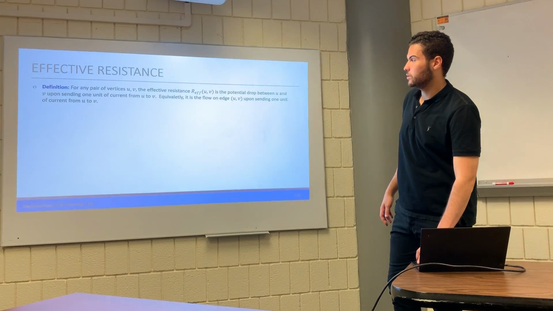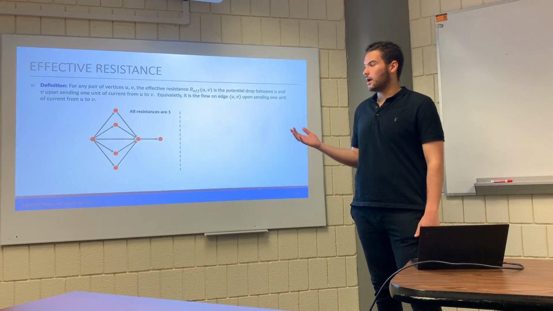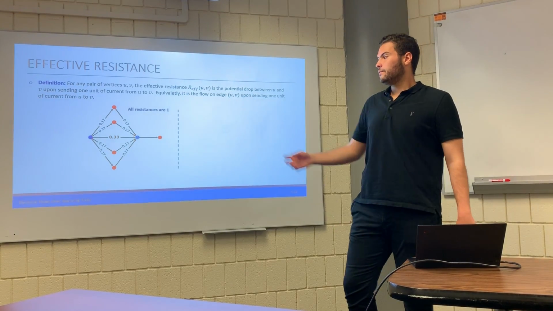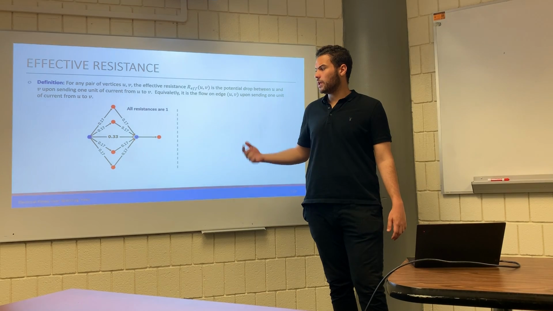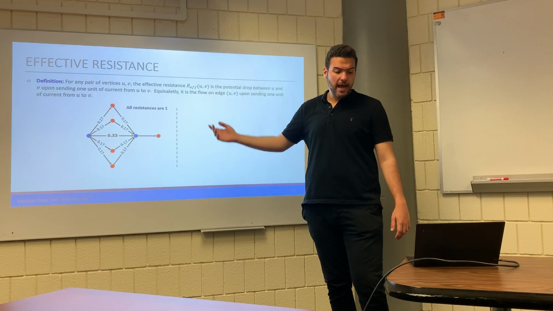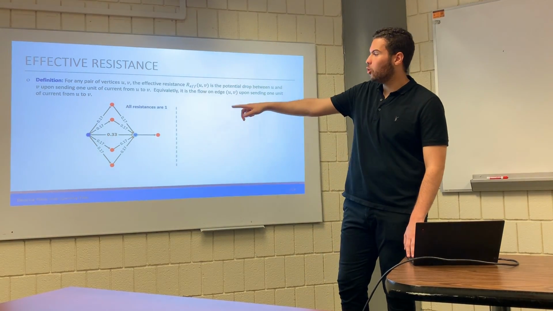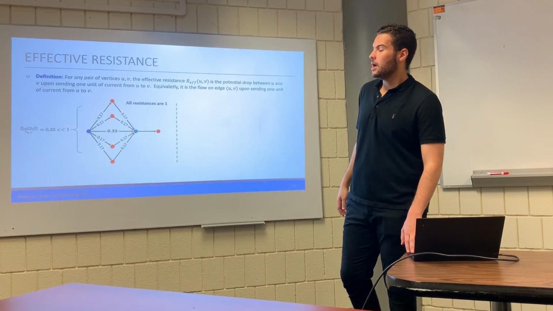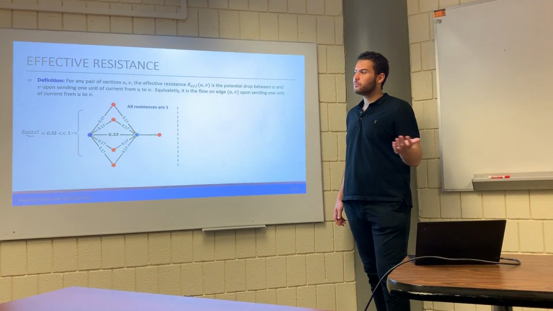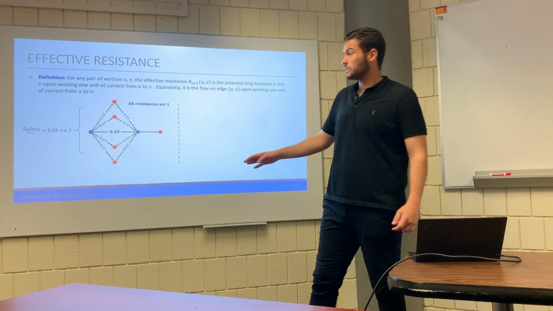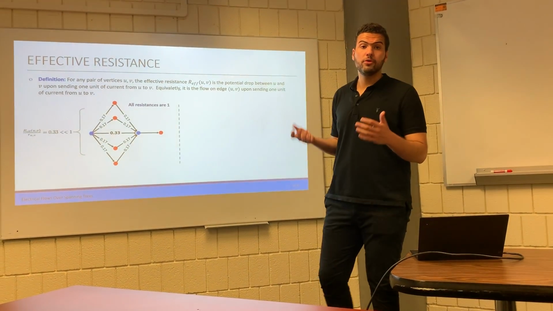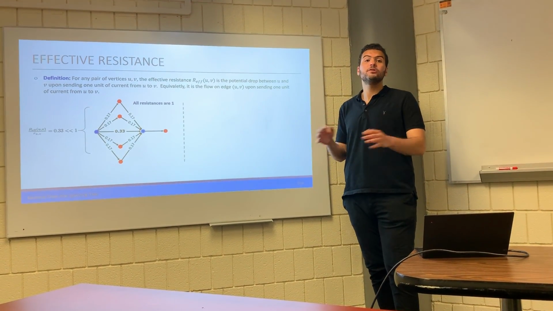Let's parse this with an example. Consider this basic graph where all the resistances are 1. If this is your U and V, upon sending 1 unit of electrical flow, this is the relaxed electrical flow here. And the effective resistance is just the flow on this UV edge, which is 1/3. And if we normalize the effective resistance with the resistance, it's 1/3, because the resistances are 1. In this case, this ratio is small because U and V are well connected through disjoint paths. So the quadratic objective is able to disperse the flow